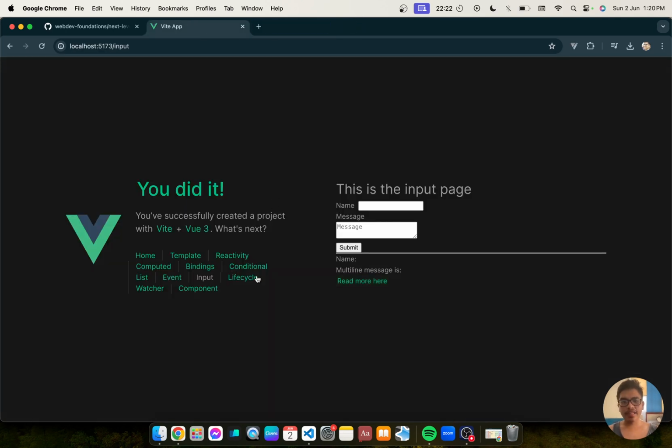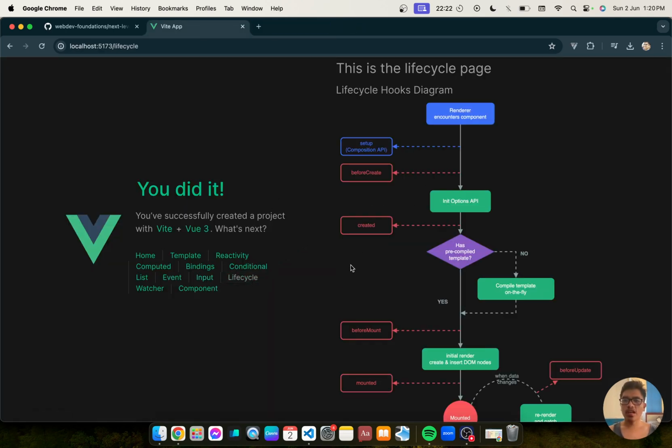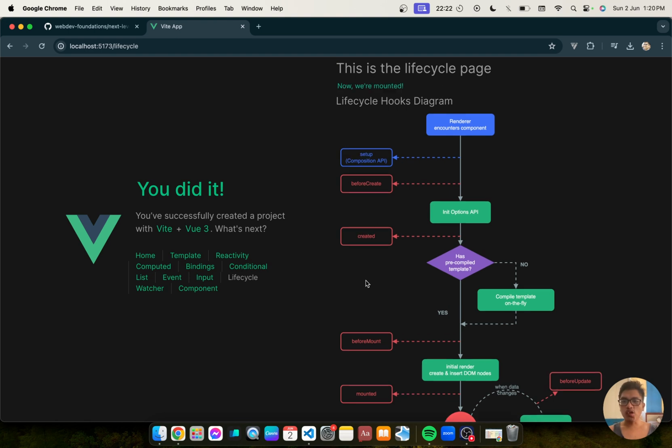Okay, now let's discuss our lifecycle hooks. So here in our lifecycle hooks, this is the lifecycle for Vue components or Vue pages.